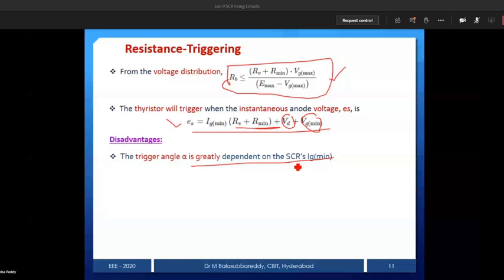Is it clear? If we won't use the damping resistance, we won't get any voltage drop across the gate and cathode, so there is no problem. But our purpose is not to keep the drop less than VGT. Our purpose is only to protect the device. Suppose high current is passing; if the resistor is there, it won't allow the high current to pass through. That is the reason we are using it.